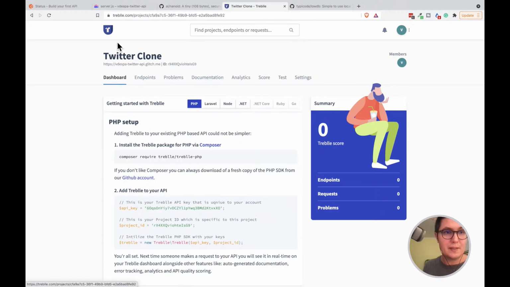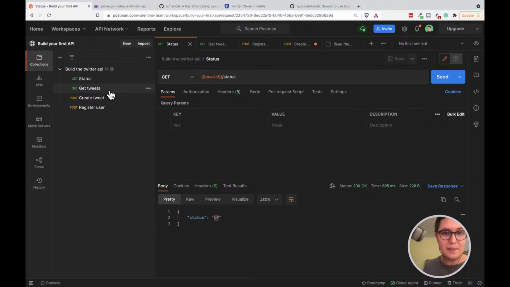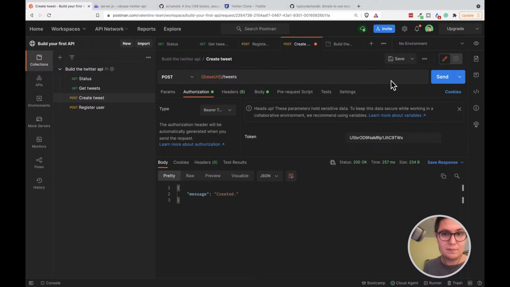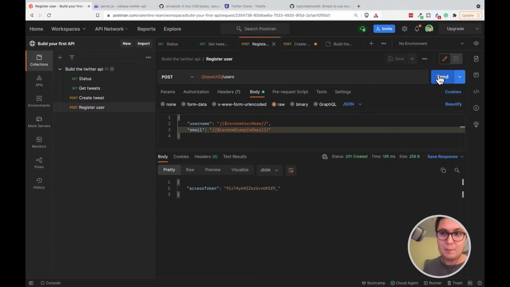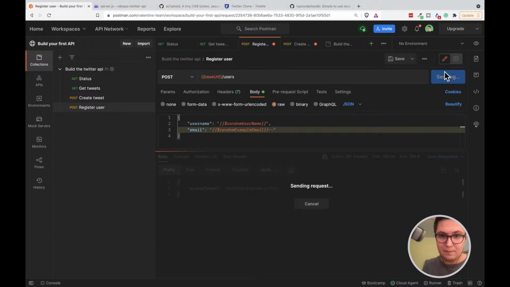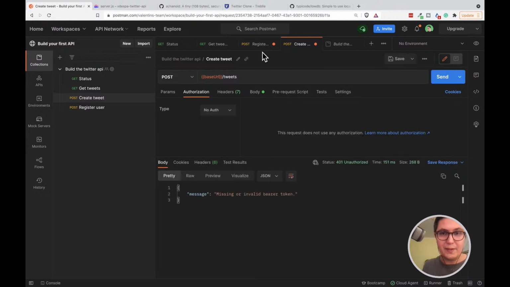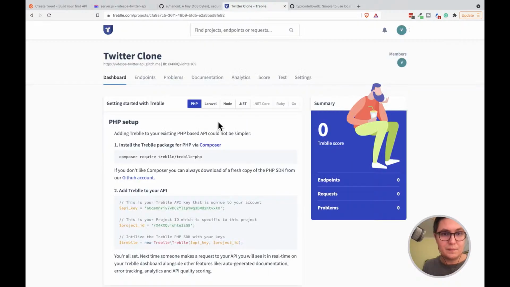Now, typically what's happening is as soon as some requests are being sent, getting here the tweets. Let's create a few tweets. So I'm gonna pretend to be using some data here. Let's create here some invalid emails. So let's also do some no auth for the create tweet. And what typically happens is that in a few moments this data is being sent and should appear here, but